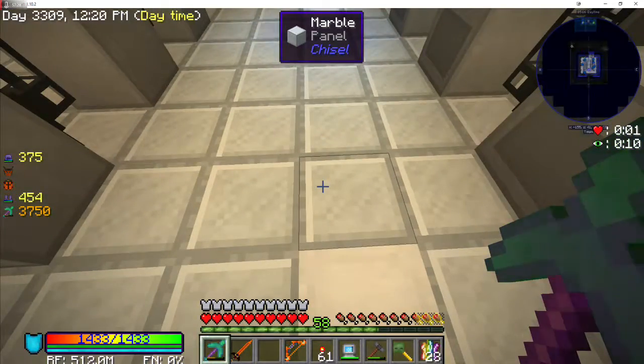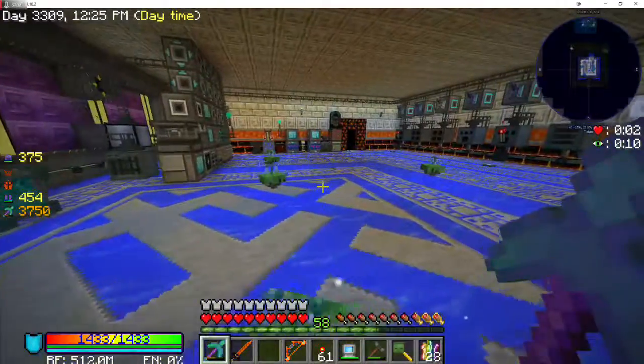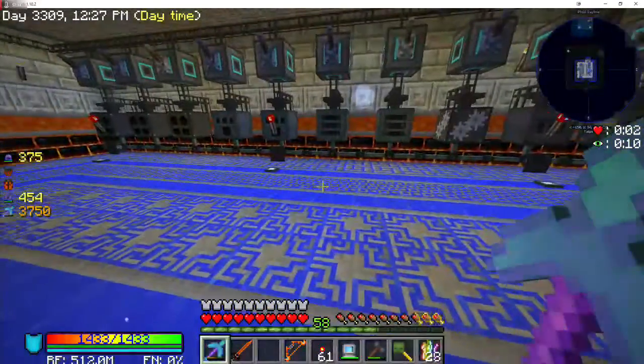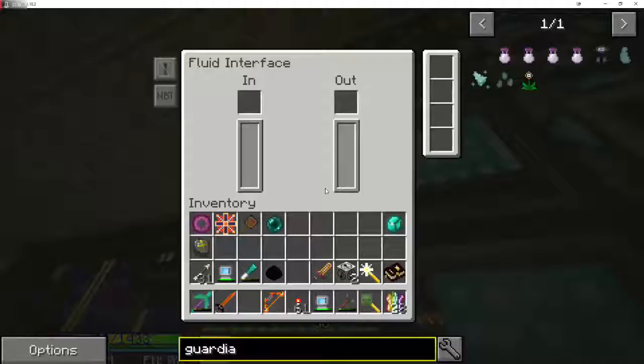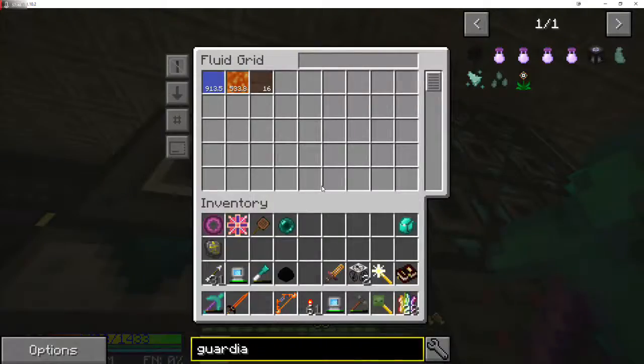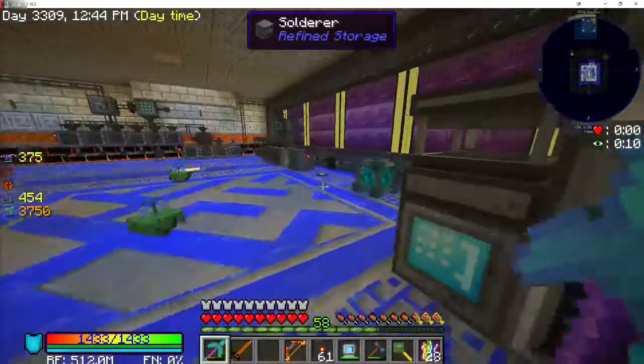And we're going to head back down. And I'm actually not producing water at the moment, but if I needed to, it would be super easy to do, because I have tons of water essence. But you can see I've got a lot of water stored here in my computer. And that's where everything's coming from. So,